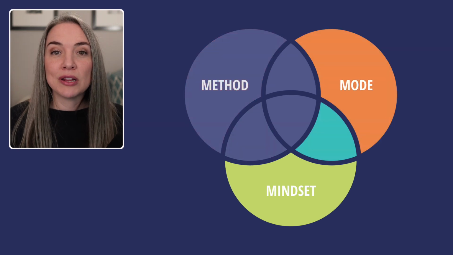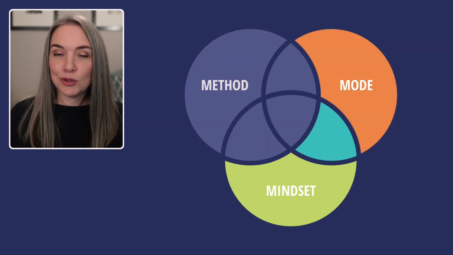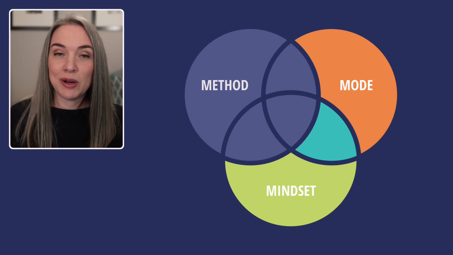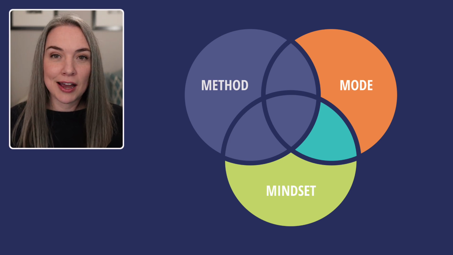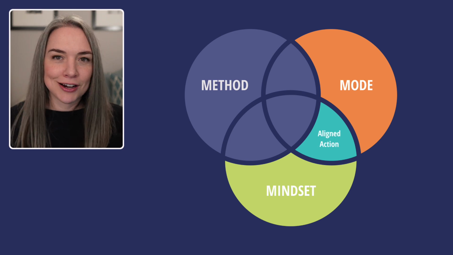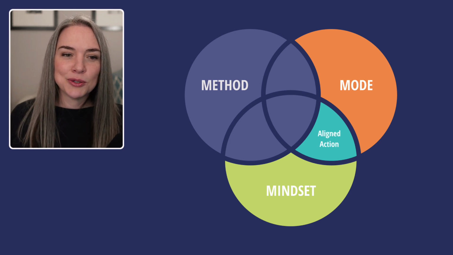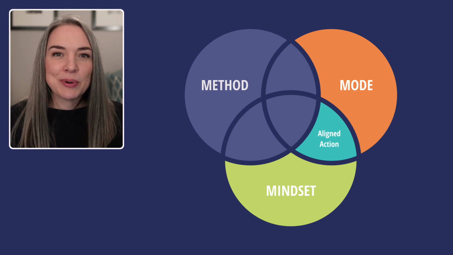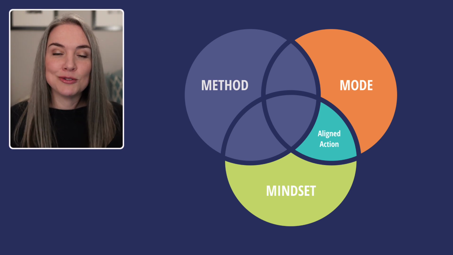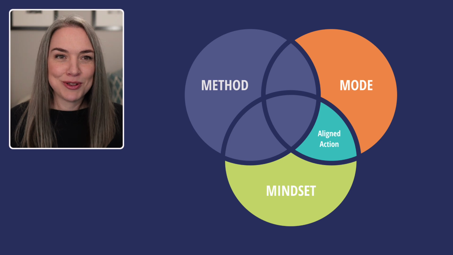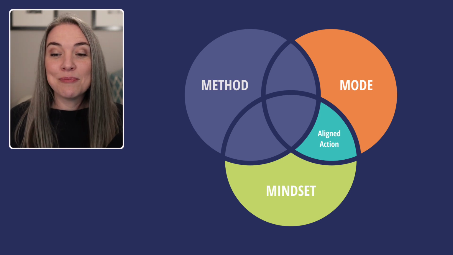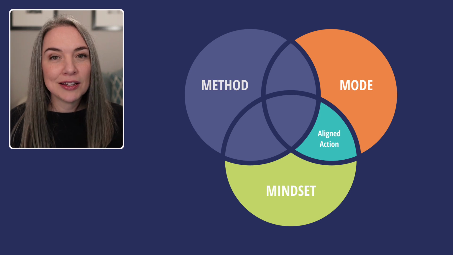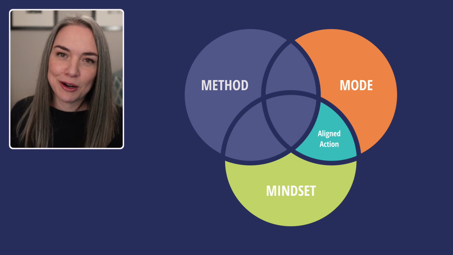Now, what if we have the mode and the mindset? This is where you have a natural fit, you are doing things that you like, and you have a mindset that's free of fears, that's allowing you to take action. This is what I call aligned action. Think of the person who says, "Oh, I really like doing this, so I'm going to do this now." It is aligned, but it might not be consistent because you don't have a method. So maybe each time you do it, it looks a little bit different. Maybe things are falling through the cracks, and it's possible that you're not making progress as quickly as you could if you were following a clear method.